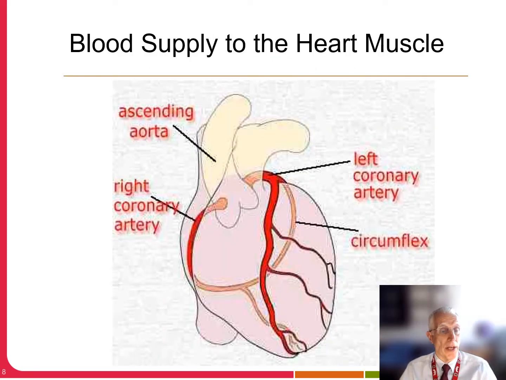And finally, the heart is a muscle, and it needs blood supply and oxygen also, and it has its own blood supply. Those are called the coronary arteries. They come out of the root of the aorta, shown here in this artist diagram. There are two main coronary arteries, the left and the right. The right provides blood supply mostly to the right ventricle. The left coronary artery provides blood supply to all of the left ventricle, some of the right,